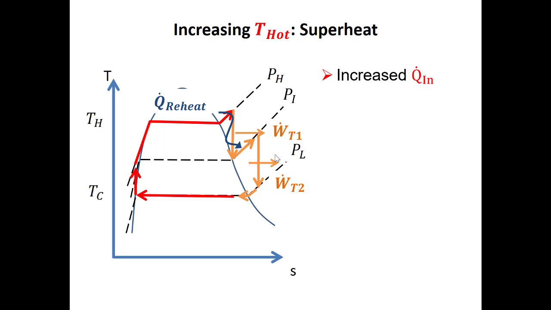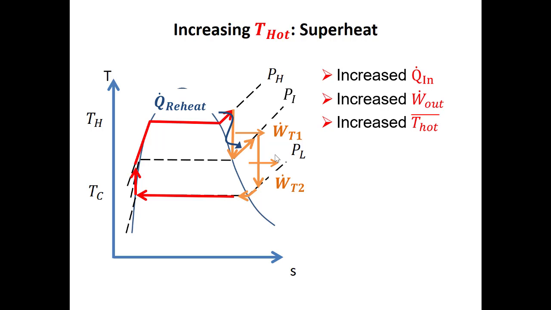So when we do this, we are increasing the amount of heat that we put in, and we know that's our energy cost. So we're increasing the cost that we're paying. So this only makes sense if we increase the benefit at a faster rate. So what happens is we're also increasing the amount of power that we get out. And at least for today's lecture, you'll have to trust me, but we'll check this out in an example next class. But when we do this, we actually get higher thermal efficiency because we add power at a faster rate